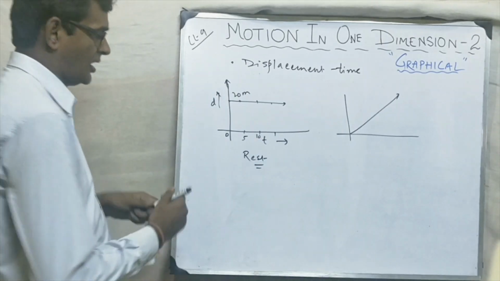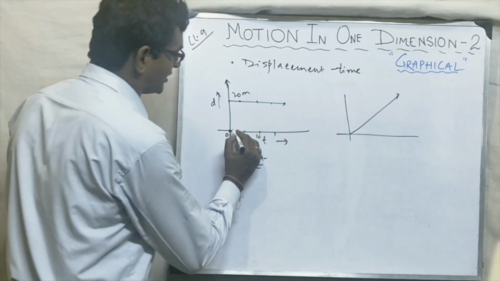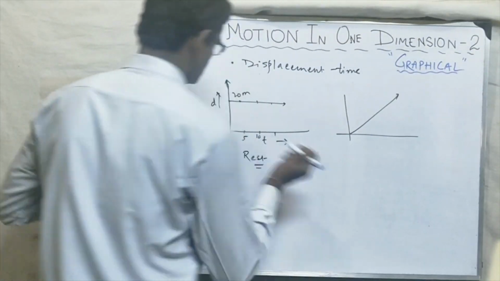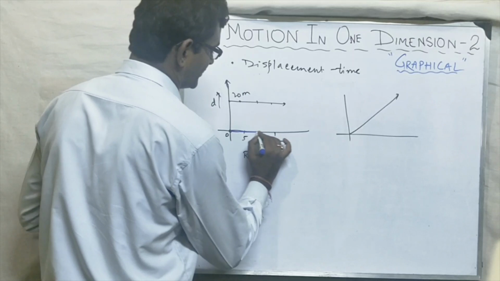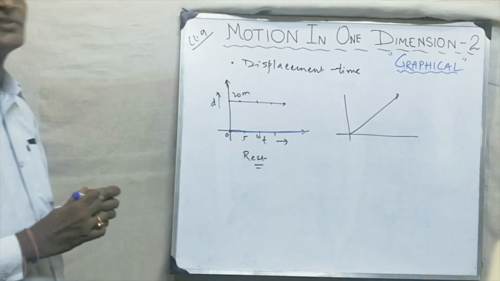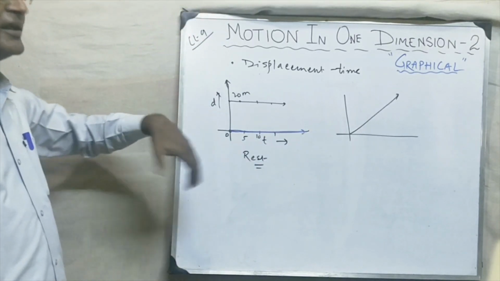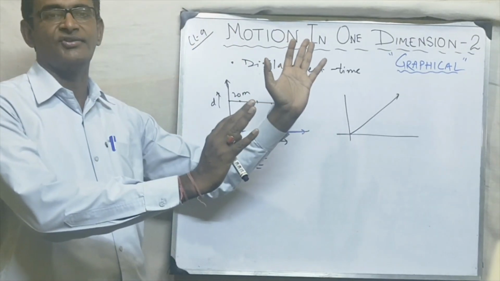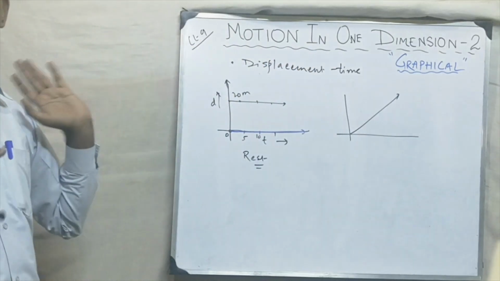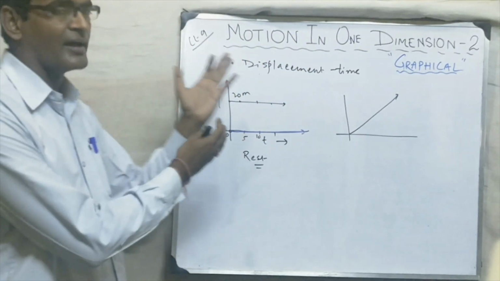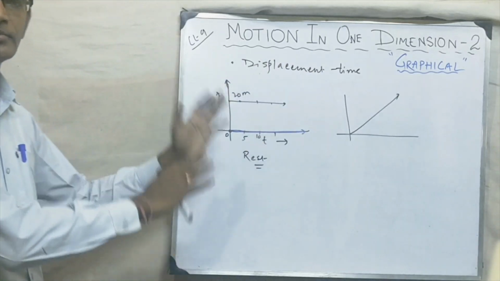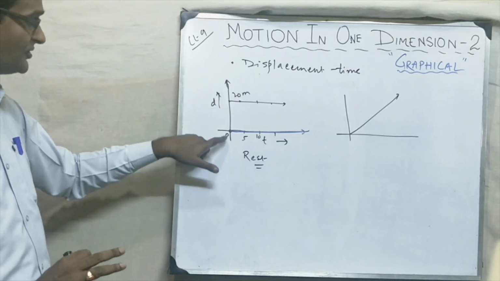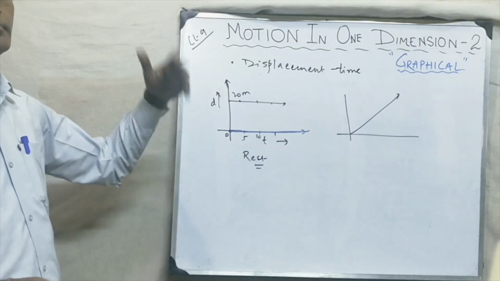But suppose I draw the graph on the time axis itself. Then what does this mean? It means that the body has not started. The body is lying at rest at the initial position, and the motion of the body has not been started. So this is the difference. Both mean rest, but this means at the initial position and that means after some displacement.